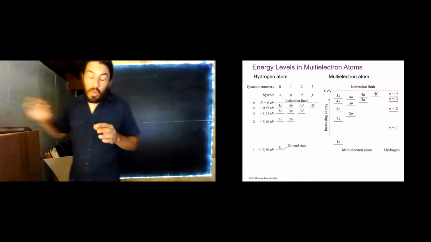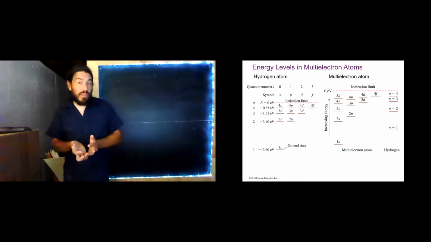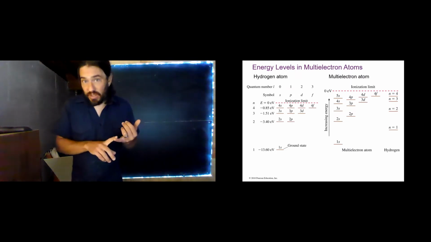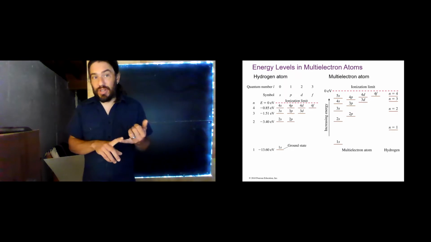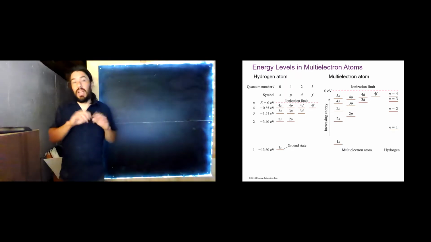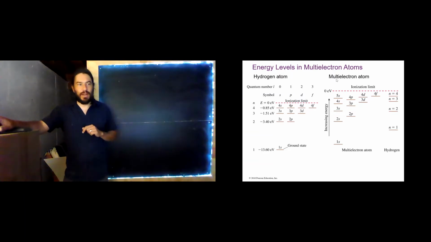In the previous segment, we saw how treating the electron as a standing matter wave around the positive nucleus correctly predicted the discrete emission spectrum and absorption spectrum from hydrogen. We really only need one other big idea to understand how this can apply to a multi-electron atom. So let's look at a hydrogen atom and how that compares to a multi-electron atom for the first few energy